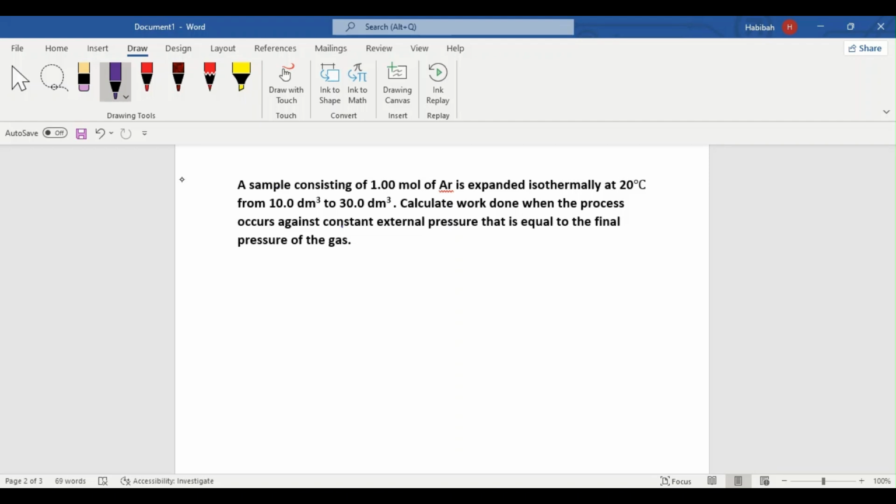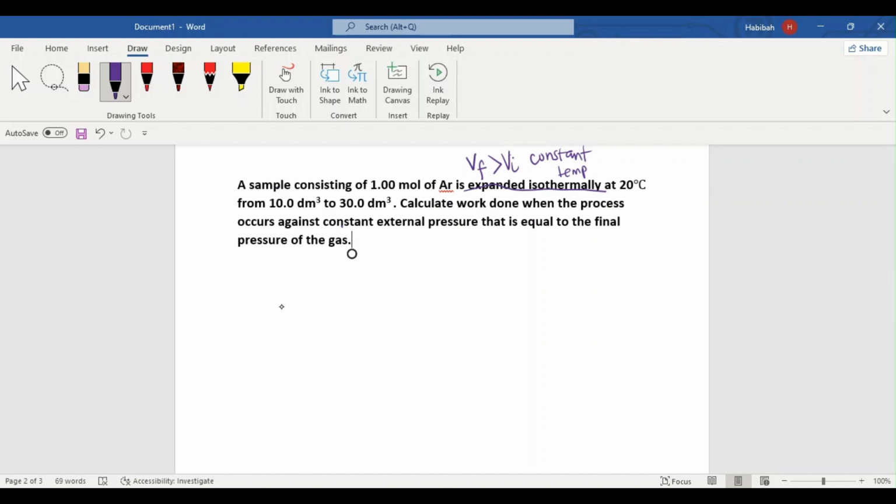Today we're going to be working on the question on the screen that says a sample consisting of 1.00 mole of argon is expanded isothermally. So in this case, we have an isothermal expansion problem where there is going to be an increase in volume. V final is going to be greater than V initial, and the process is going to be occurring at constant temperature, at 20 degrees Celsius, from 10.0 dm cubed to 30.0 dm cubed. Calculate the work done when the process occurs against constant external pressure that is equal to the final pressure of